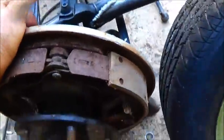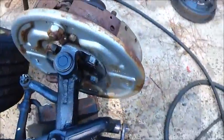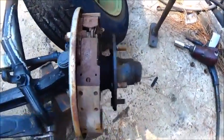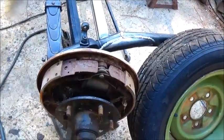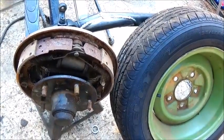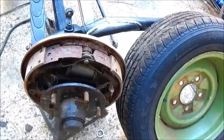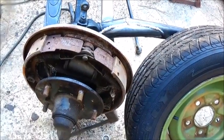These backing plates, and I'm assuming the drums themselves, are actually 1956 Ford, and I'm assuming the F1 Ford truck, so it would have been on a straight axle. So anyway, they've been updated, and I think the difference is the drums are a little smaller, and I'm not sure. I know the wheel cylinders are a lot cheaper, and actually, we was going through Rock Auto to